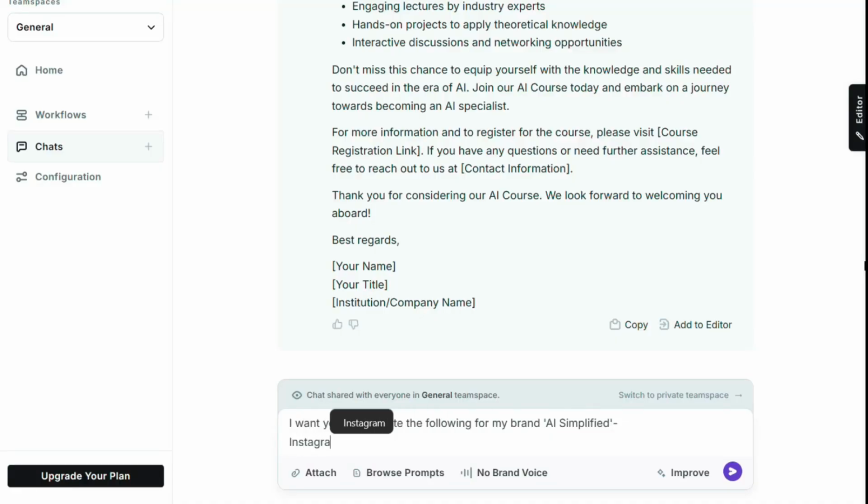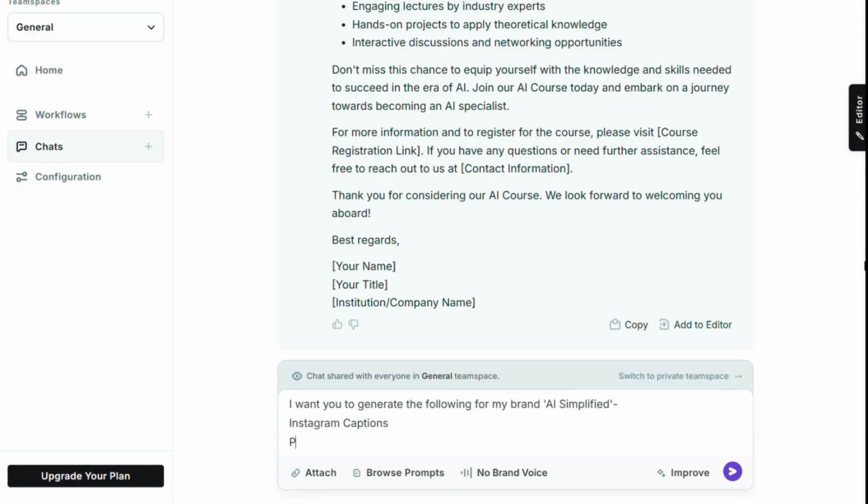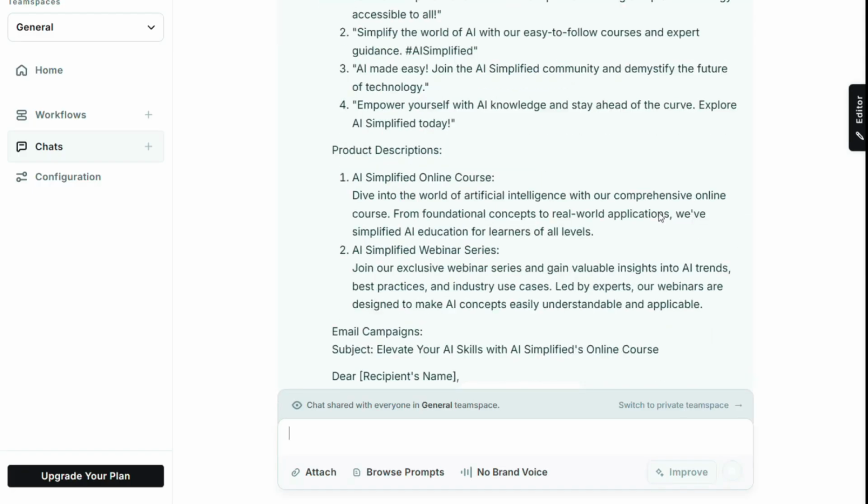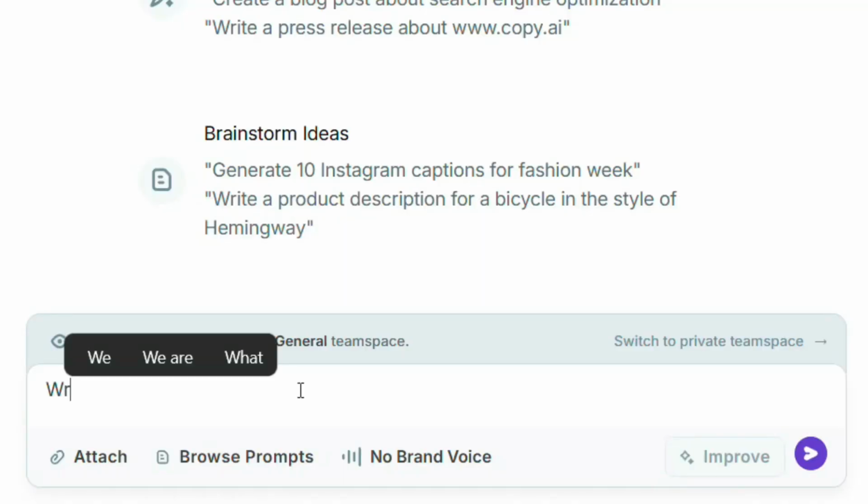This one right here? Copy.ai. It's a game changer. Whether you're writing Instagram captions, product descriptions, or full-on email campaigns, this tool slaps. You know that one friend who always knows what to say in texts? Yeah, Copy.ai's that friend. But for business, marketing, and content creation, give it a simple input, like write a launch